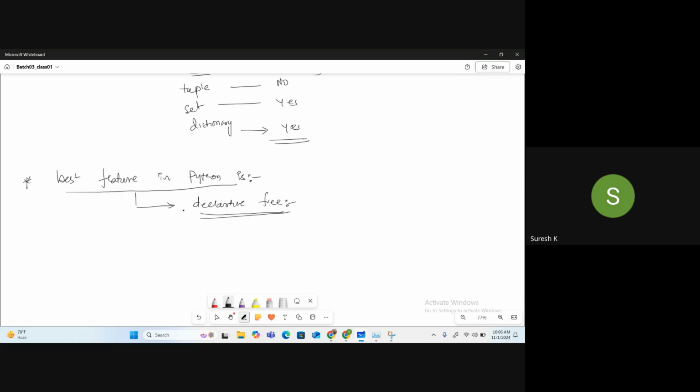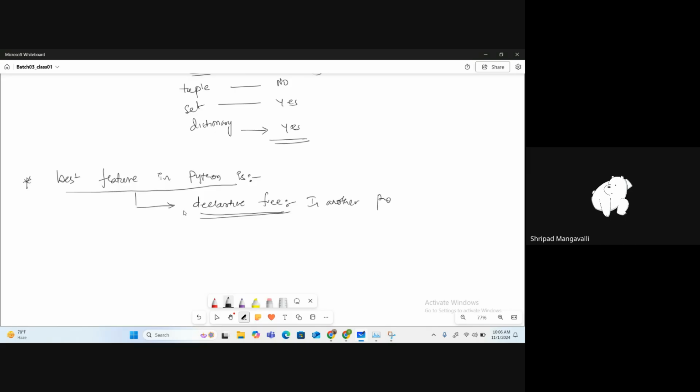In languages like Java or C++, you have to mention what data type you want the variable to be, but in Python you don't have to.